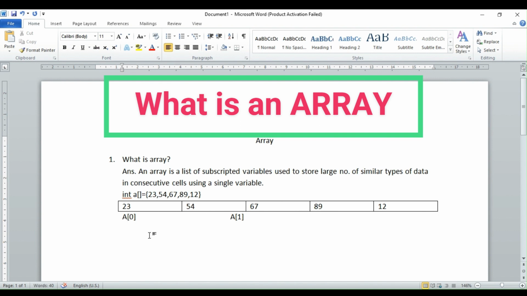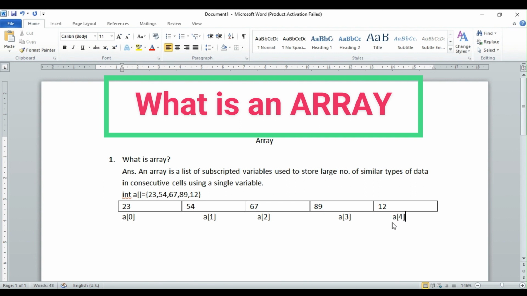So the first index is 0, the second index is 1, the third index is 2. This is a0, a1, a2, a3, a4.